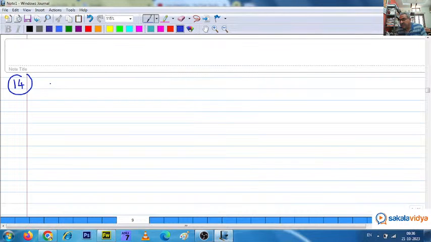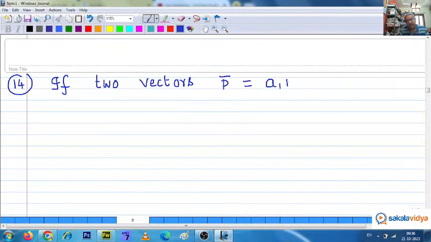So then the conditions, if the two vectors are parallel, then what is the condition? This is very important. Based on this also, the questions will be asked in the examination. If two vectors, say that P bar is equal to A1I plus A2J plus A3K and Q bar is equal to B1I plus B2J